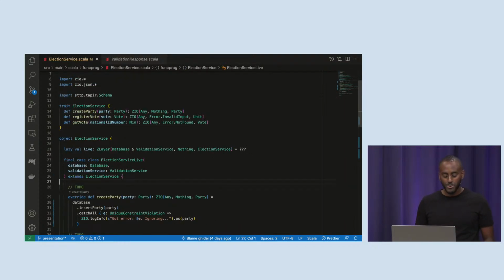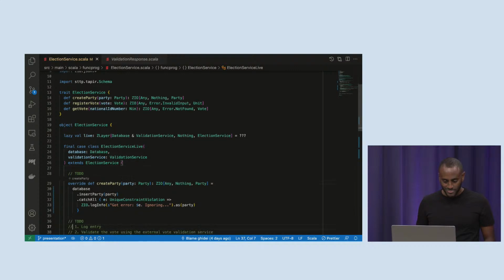All right, so we have one last thing to do here, and we're going to talk about something called Z-layers in ZIO. If we first talk about OO constructors, so if you look here, we can see that we have an interface, and we have a class implementing that interface.